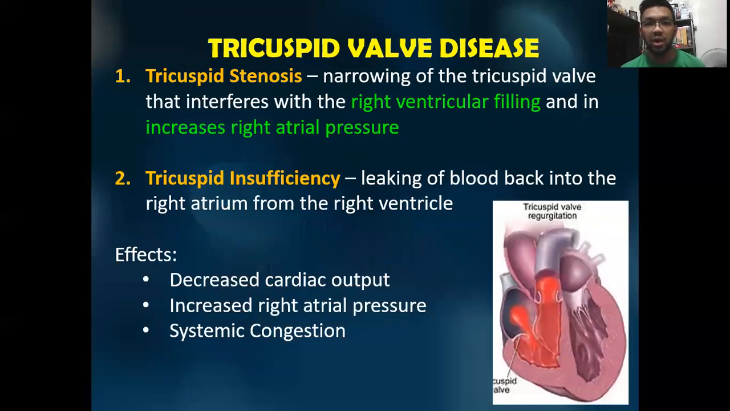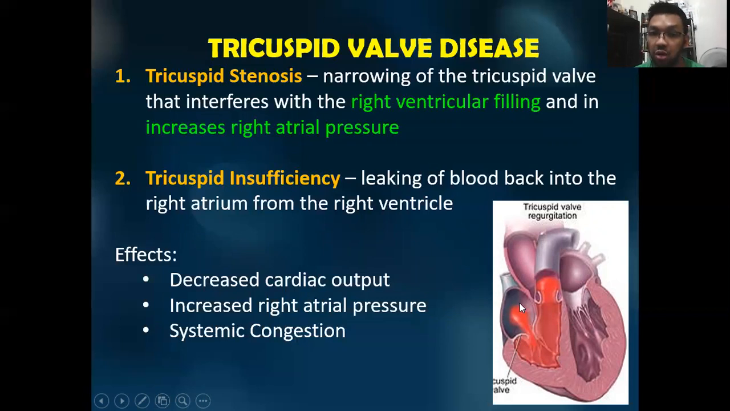Now we go to tricuspid valve disease. First is tricuspid stenosis. There is narrowing of the tricuspid valve that interferes with the right ventricular filling and increases right atrial pressure. So what happens here is that this tricuspid valve is narrowed. So what happens is instead of the blood going down the right ventricle, it goes back here, increasing the pressure